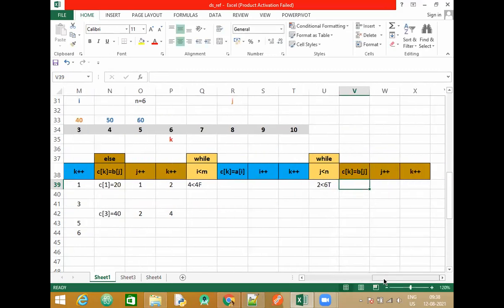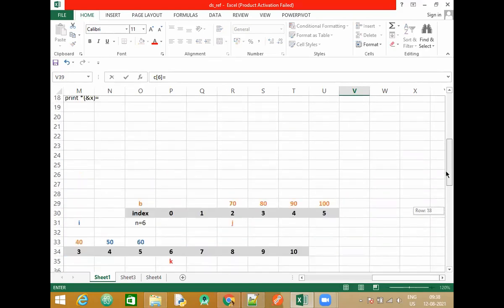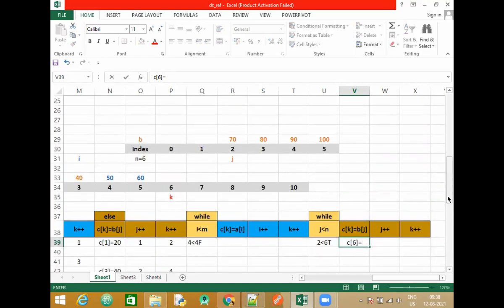So what do you have to do now? Just go on appending, joining the remaining elements. C of k, what is the value of C of k? 6. So C of 6 is going to be equal to B of j. B of j is 2. At the index 2 we are 7. Then increment j, j will become 3.